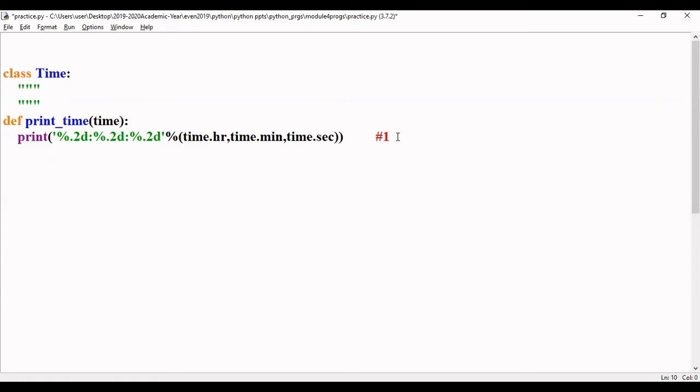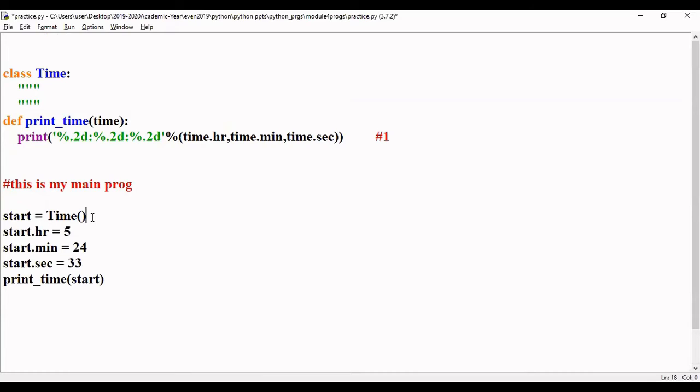So now, how is this function defined? If you see, it is both a class and this function print time is in the same column, so you're not differentiating here. Now, this is my main program. Let me start here. If you see here, Time, class: we always start the name of the class with a capital letter. That is why T is in capital letter.